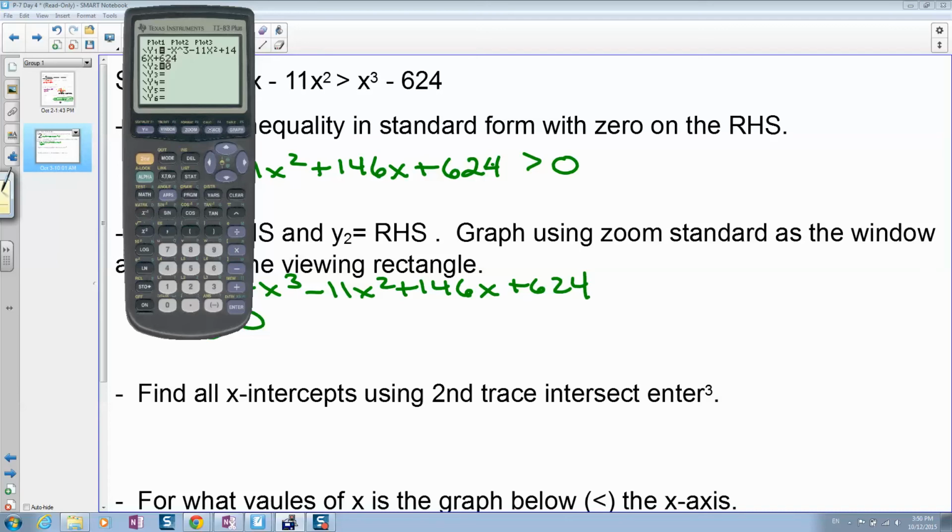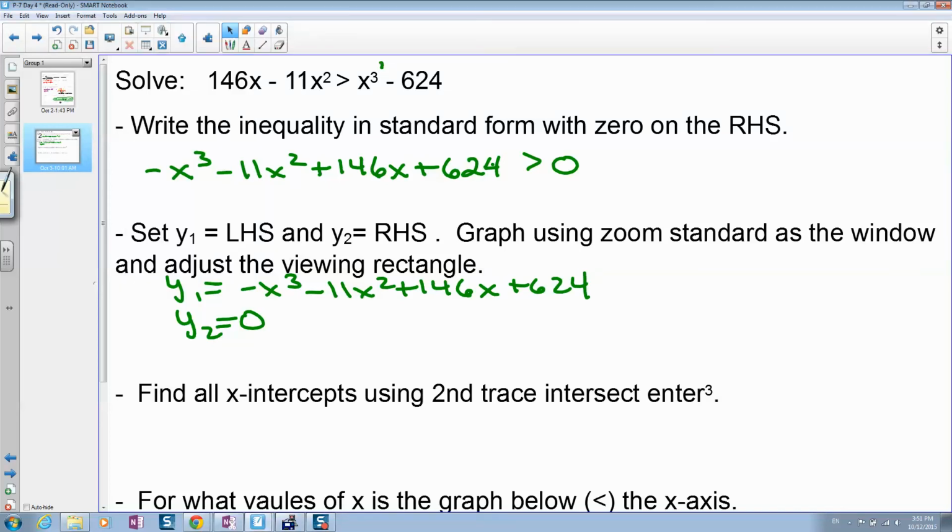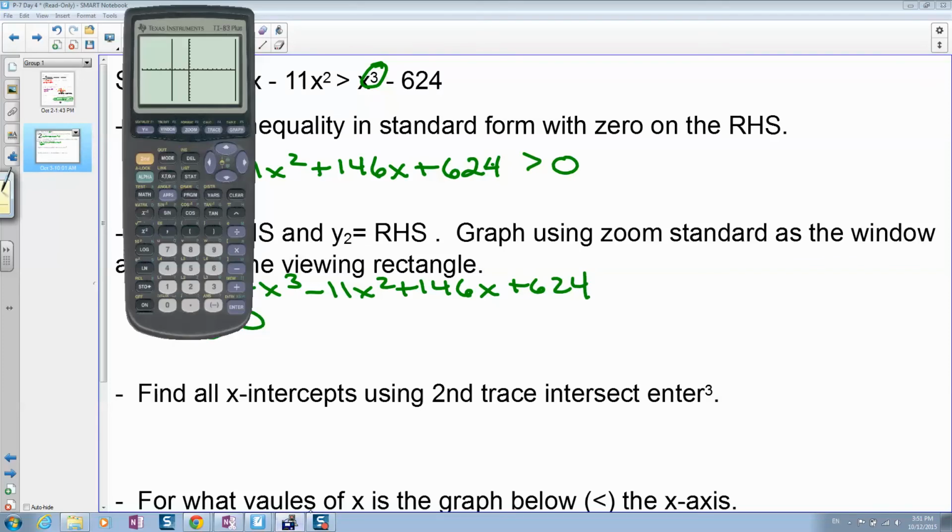And then y sub 2 is 0. Now you go zoom 6, and notice it does not show up. There's one part of it, and then there's another part over here. But remember, it's third degree, so it has to have three crossing points, probably. So what we're going to do is extend the window out this way and to the left